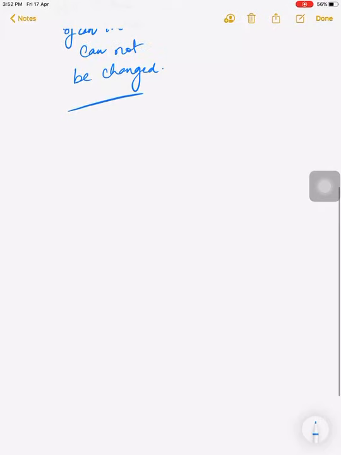So the main difference between tuple and list is the bracket and the mutability. Okay, now we'll start how we create a tuple.